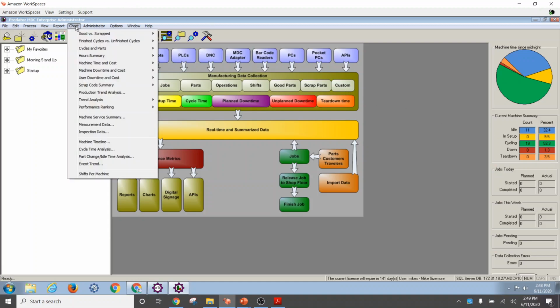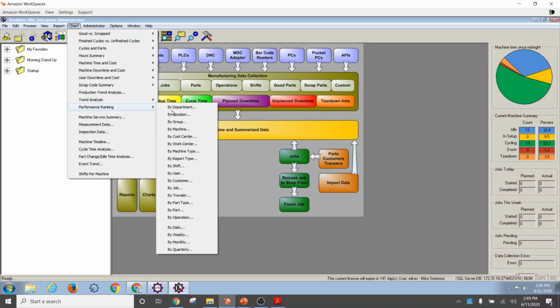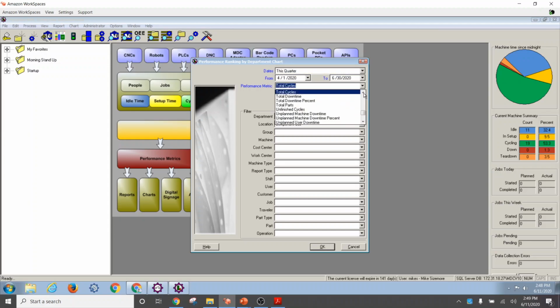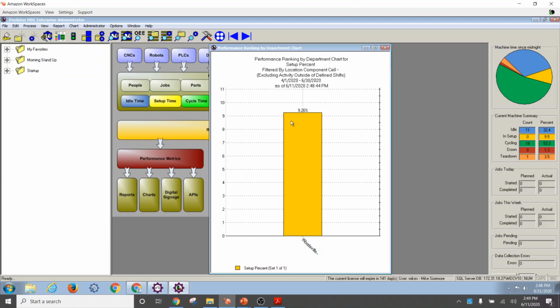Here we can click on chart, go down to our performance ranking, select by department, then come in here and select our setup percentages. We have many to choose from here. Setup percent, leave our department and allocation open, select OK. We now have the ability to see the percentage of time we have spent in setup for the date range